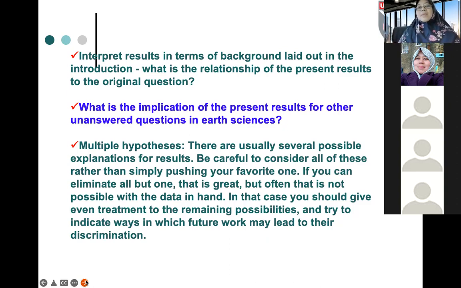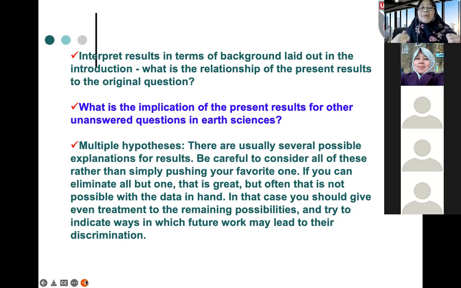Okay, it might not be at the same level as the commercially available one, but you might have achieved 50%, 75%. So you need to know what characteristics or parameters you actually want to achieve